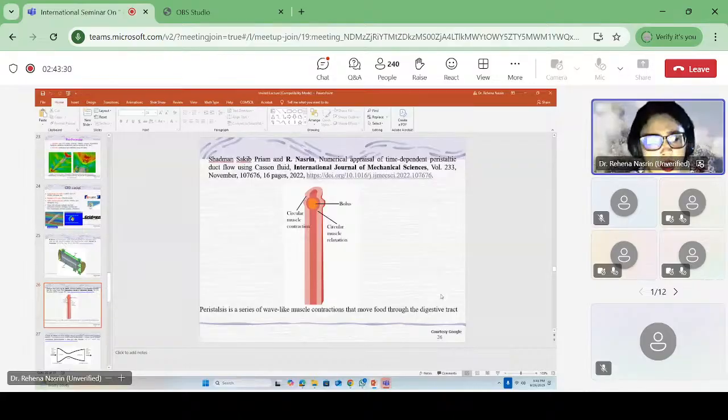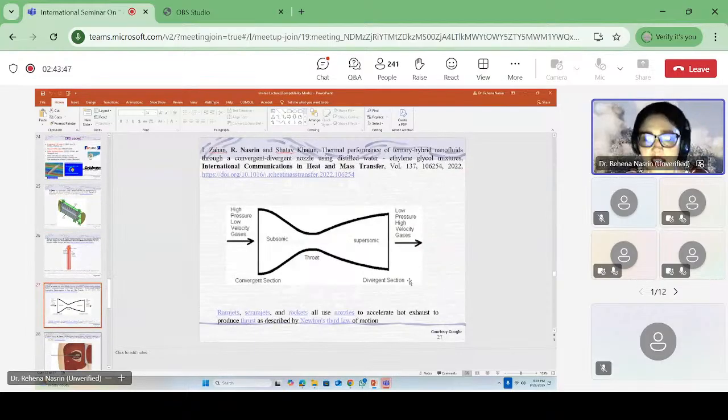Many types of various analysis we have done in our department, and also our scholars, masters, MSc, PhD students have done this analysis. And this is another analysis. You can see here the analysis. You see the convergent and divergent channel. And this type of geometry we can see